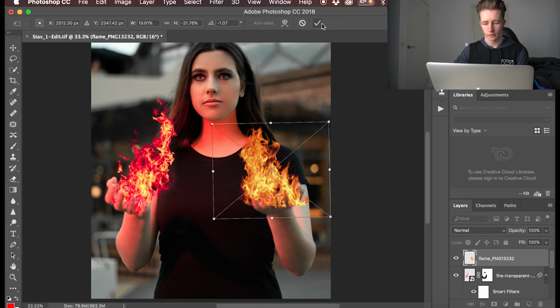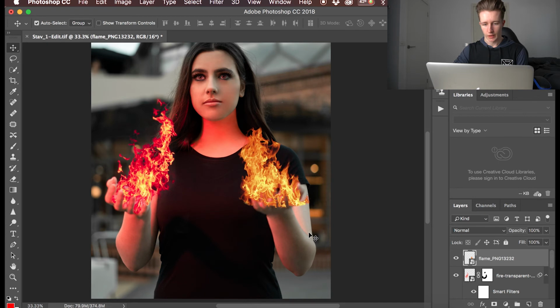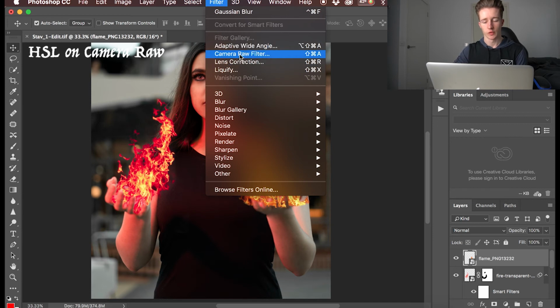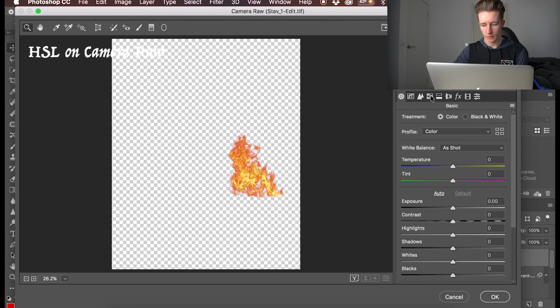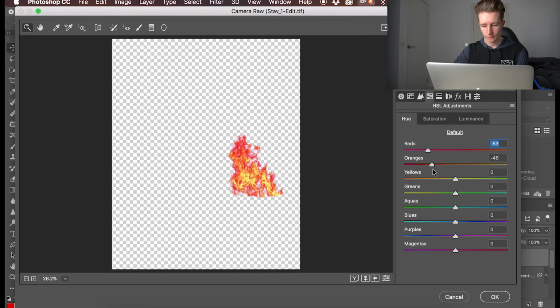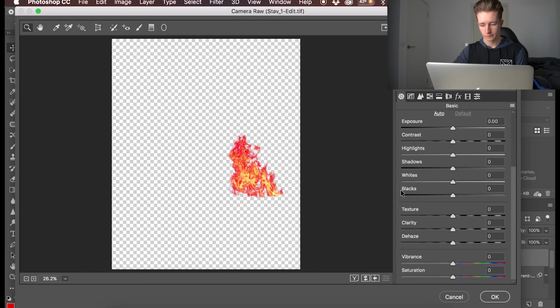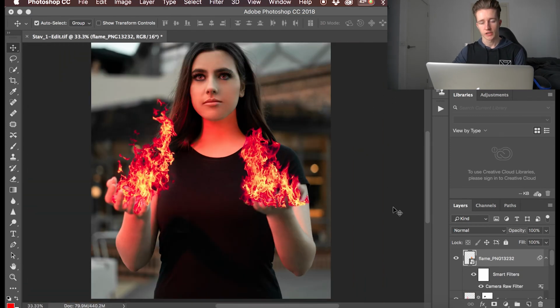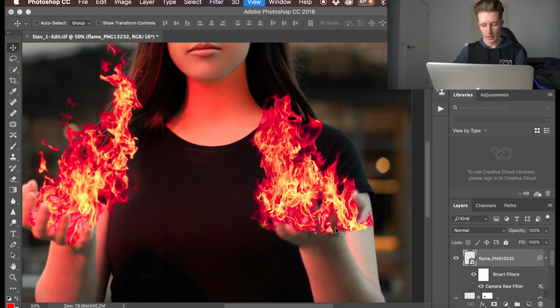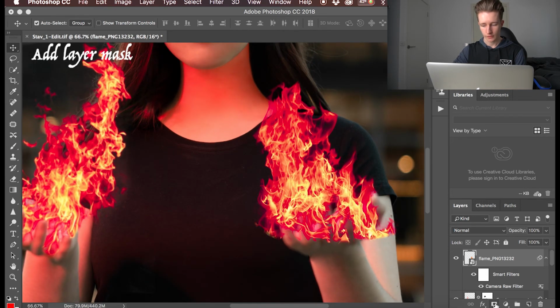We'll click OK, and we're going to start off, of course, by using the camera raw filter to make the adjustments that we need to blend the colors in together. So back to the HSL, adjust those a bit, and a bit of the clarity too, and then we'll click OK. And now we're going to use the exact same technique as we used with the left hand. So we're just going to go ahead and add a layer mask to it. So click add layer mask,